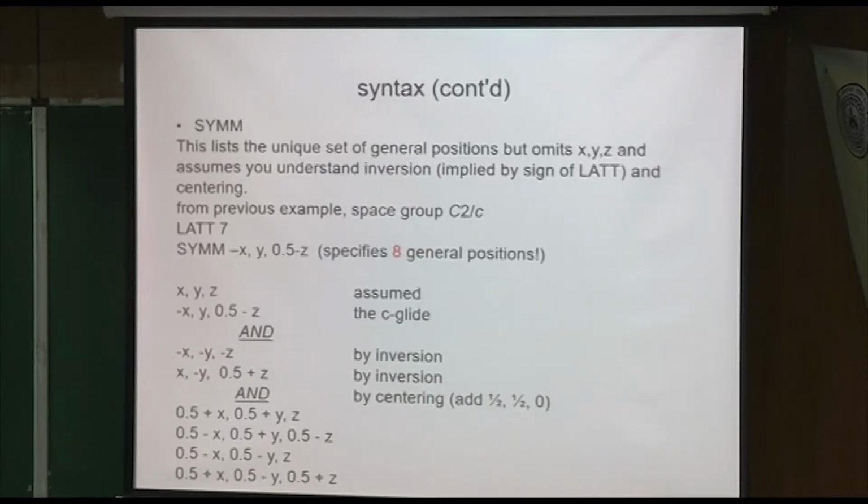Oh, OK. So how do I get 8 general positions? OK, XYZ is always assumed. And then this is the only one listed. And it still signifies 8 general positions. So